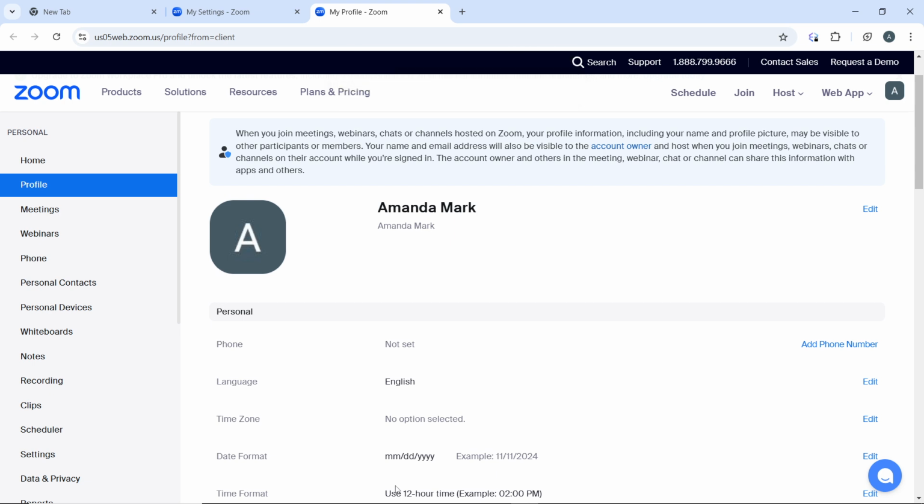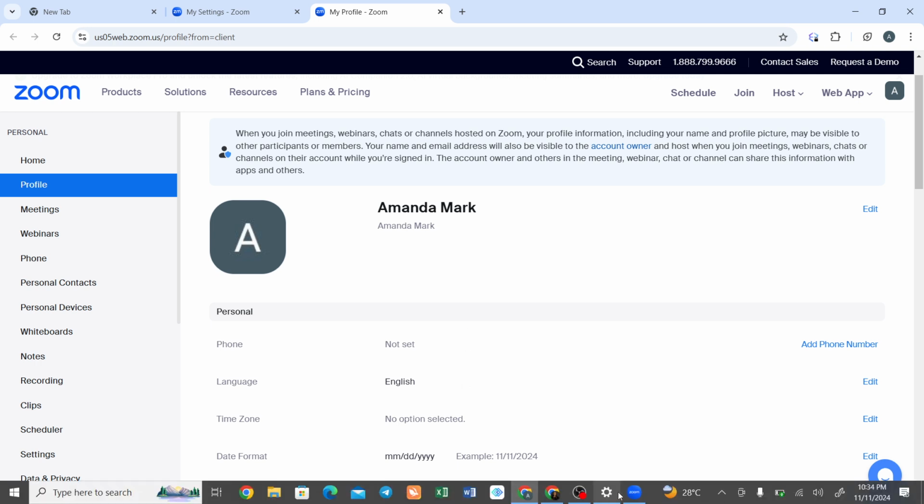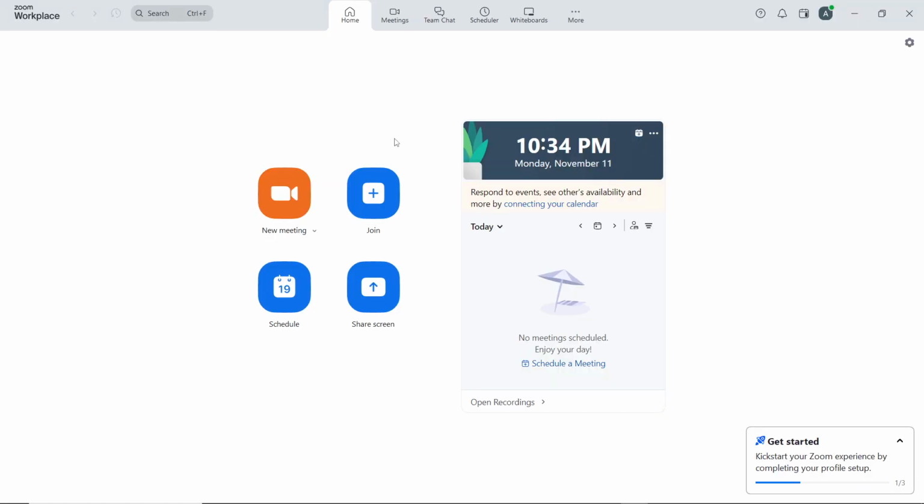If you want to change your name for just the current meeting, you can just go ahead and join the meeting. Once you join the meeting, go ahead and click on Participants in the meeting toolbar. Hover over your name in the participant list and click on More, the three dots next to your name. Select Rename from the drop-down menu and enter the new name you want to display for the meeting and click